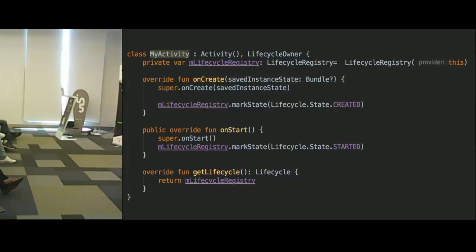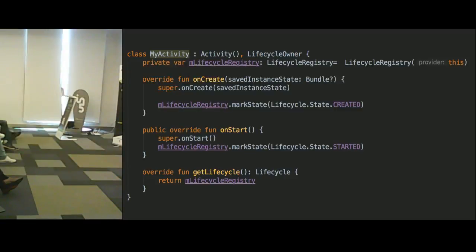First of all, of course, we implement the LifecycleOwner interface. The LifecycleOwner interface has only one method to override, getLifecycle. In this getLifecycle method, we return a LifecycleRegistry object. This is a special class that comes with the Android Architecture Components library.